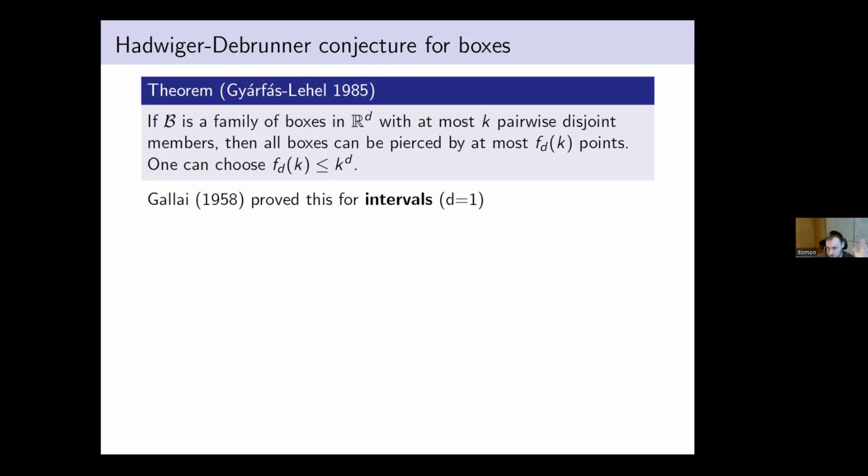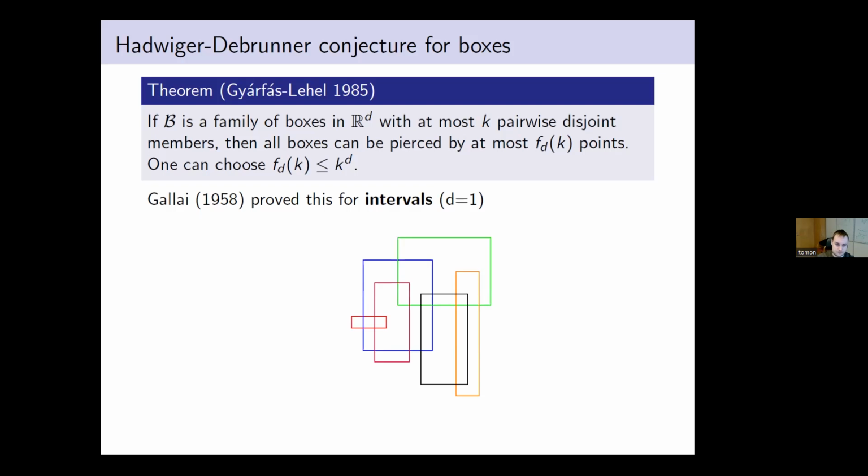Now I will not prove this result, it's a nice exercise, but let's just use this result to show the general case. So suppose that we have this family of boxes, again just in 2 dimensions. What we will do is project our boxes along all the possible coordinate axes. Then we get these systems of intervals.